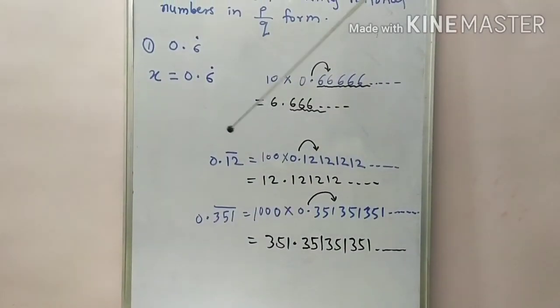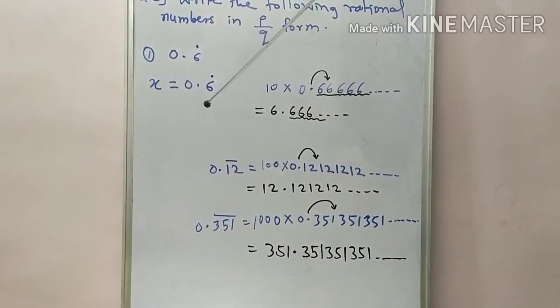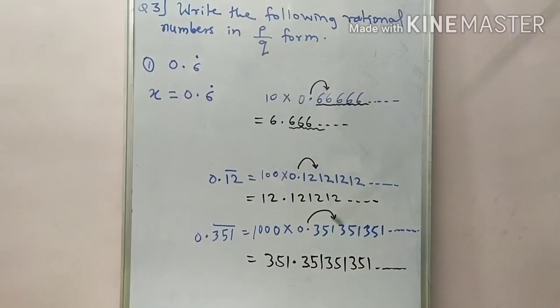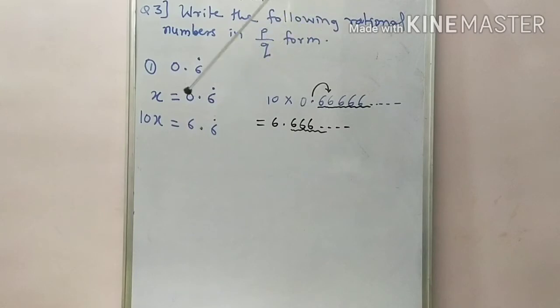Okay. And here as we observe, only one number is in recurring, so we multiply that number by 10. Multiply both sides by 10. So as you multiply both sides by 10, here we get 10x equal to 6.6 recurring. Getting this, students? As you observe here, multiplying that number by 10, it becomes 6.666666 continuously. And what does it mean? That 0.6 recurring. So in short, we write down like this. You are not supposed to write down the explanation.